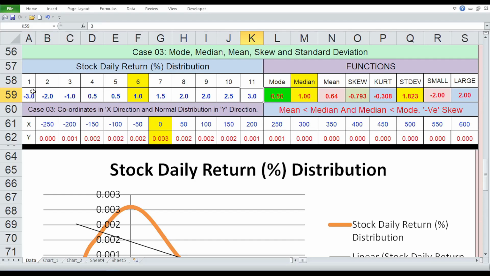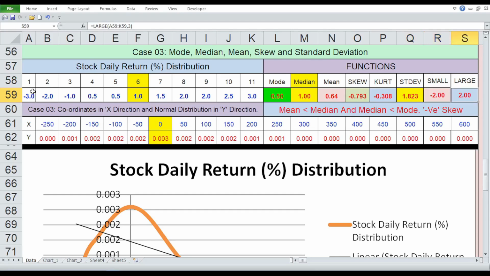The calculated values are: mode, 0.5, median, 1.00, mean, 0.64, skewness, minus 0.793, kurtosis, minus 0.308, standard deviation, 1.823, smallest value, minus 2.00, largest value,